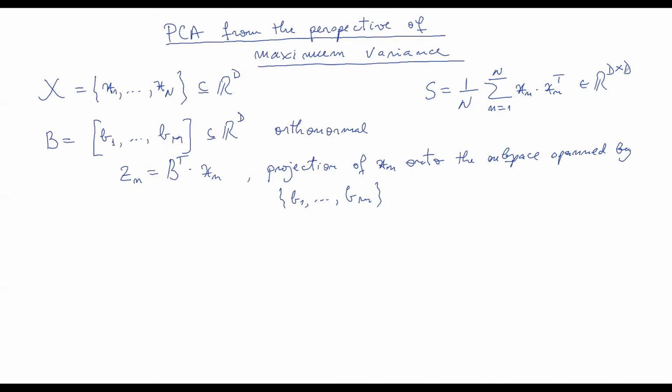And so one point we have made last time is that we are going to assume our data points to be of mean 0. I want to come back to this point and really show you that this is fine from the point of view of what we want to achieve. So assume that the mean of x is 0. Now, if this was not the case, if the mean was mu,